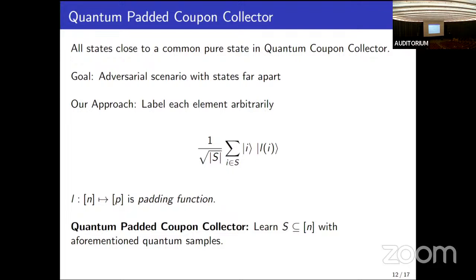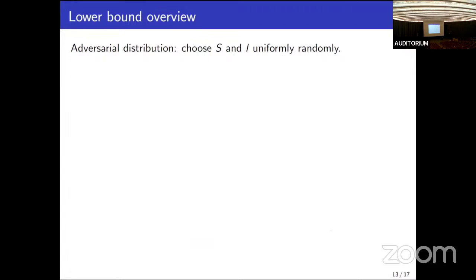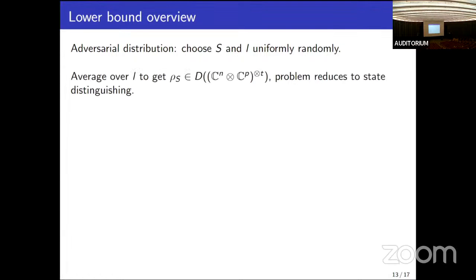Now, moving on to the lower bound overview. What we want to do is show that the lower bound for the classical coupon collector problem also holds here. So that is what we try to compare it to. As usual, for the lower bound, we consider an adversarial distribution over the input. Here, we just choose the subset S and L uniformly randomly. Now, note that in the quantum padded coupon collector problem, you're not really supposed to find L. So what you can do is take the ensemble average over L to get rho sub S,